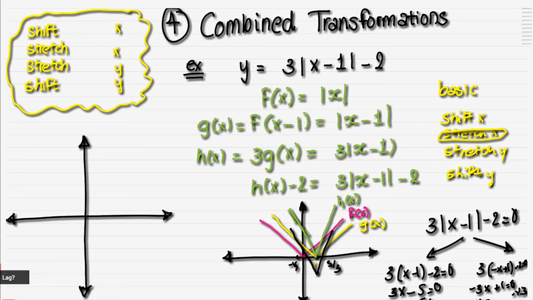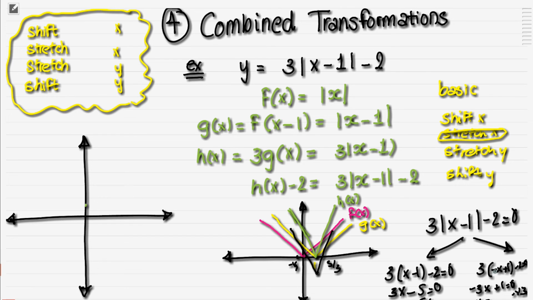Oh, by the way, if you also want to know what happens when x is 0. So yes, this is going to be minus 1. So this is going to be 1. So 3 minus 1 is 1. So this intercepts 3, 0, minus 1, 3. It's going to be 3 minus 2, which is 1. So yes, when x is 0, y is 1, and you know it crosses